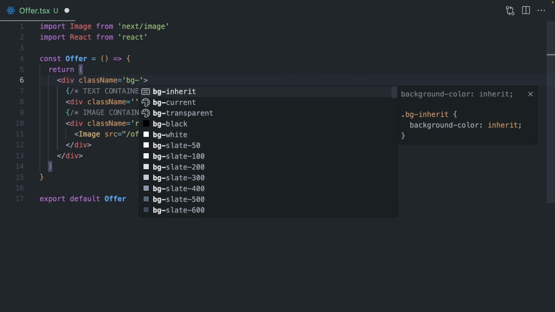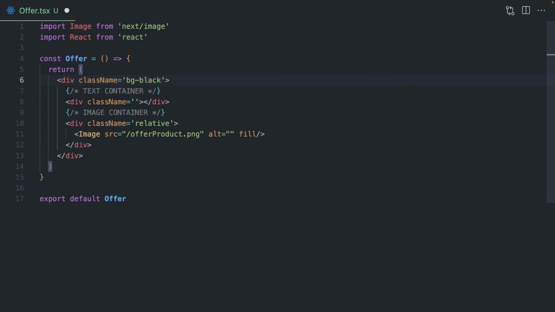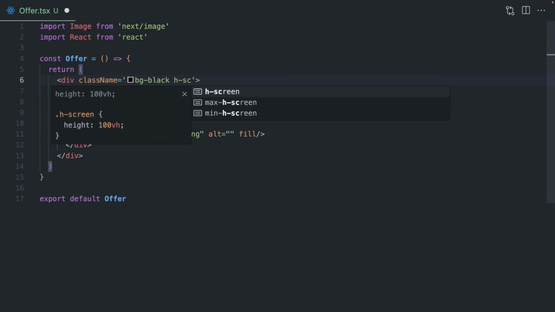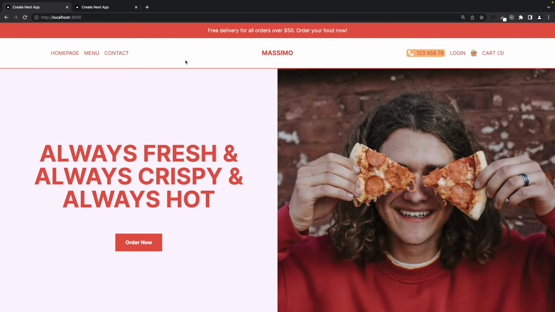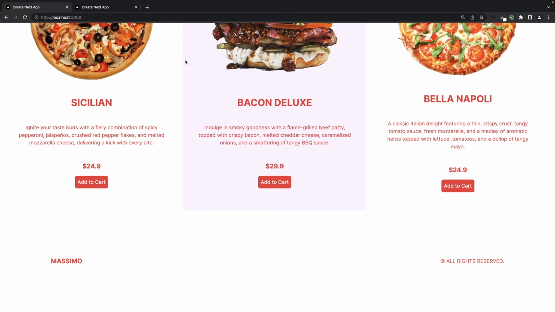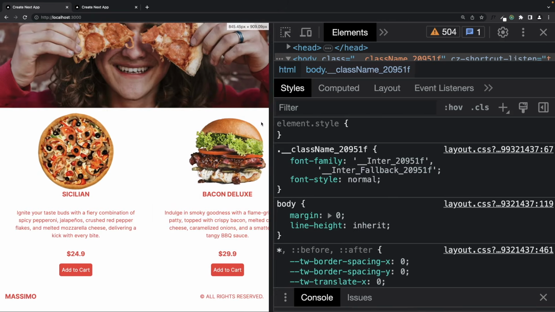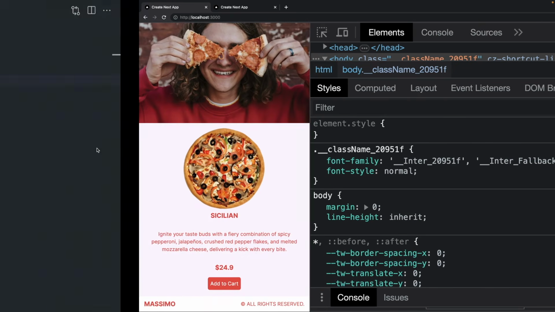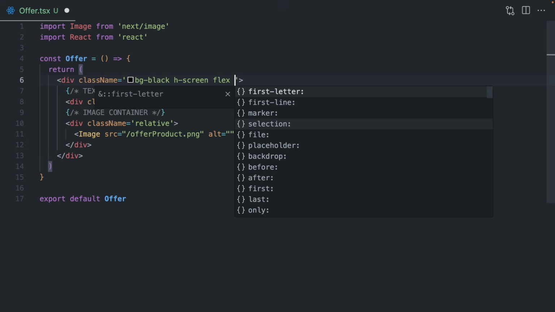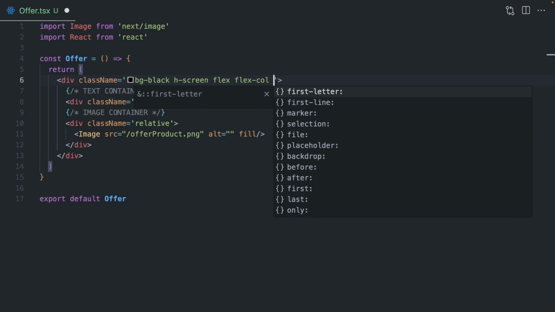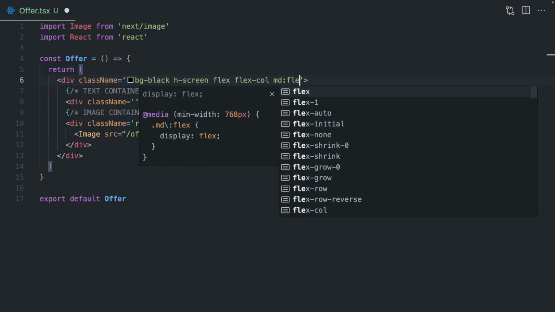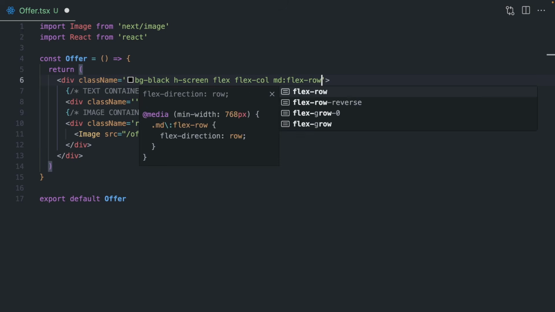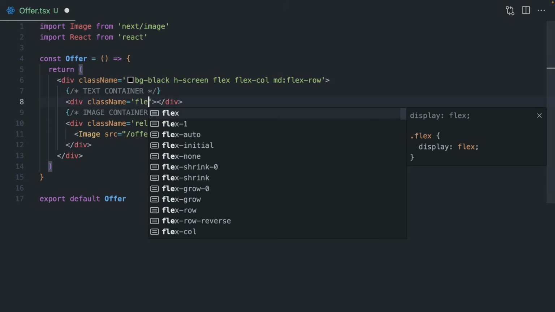Firstly, I'm gonna give background color, it's gonna be black. Height will be screen, or if you want to, as we always do, you can calculate those items. But I will make this 100 VH. It's gonna be bigger. I will say flex column, and for MD screen, I mean after MD screen, flex will be row. And again, flex 1,